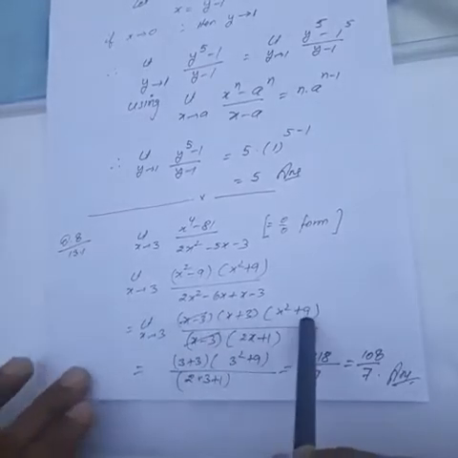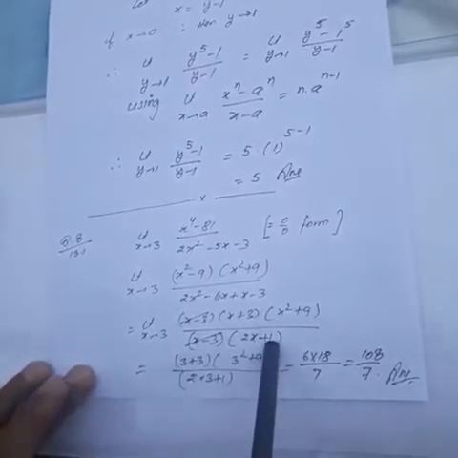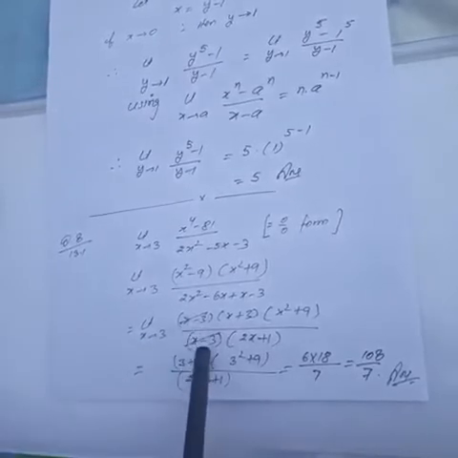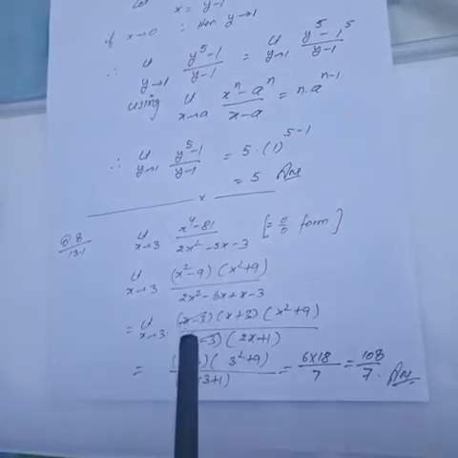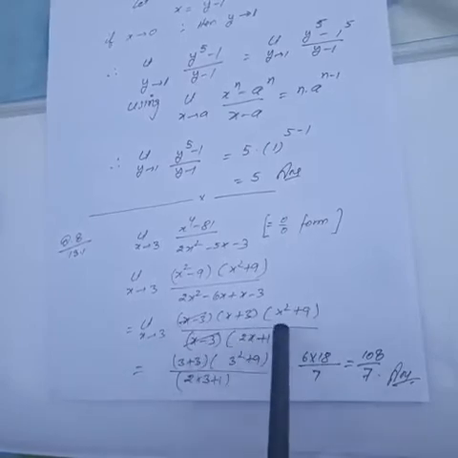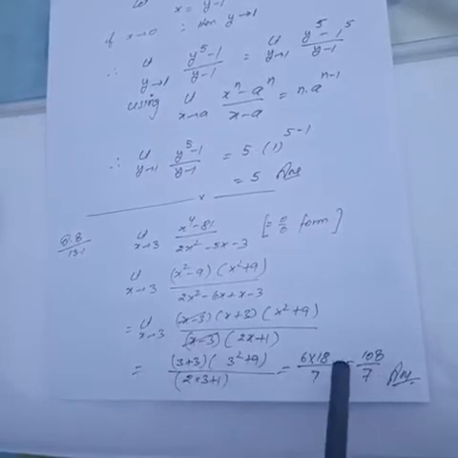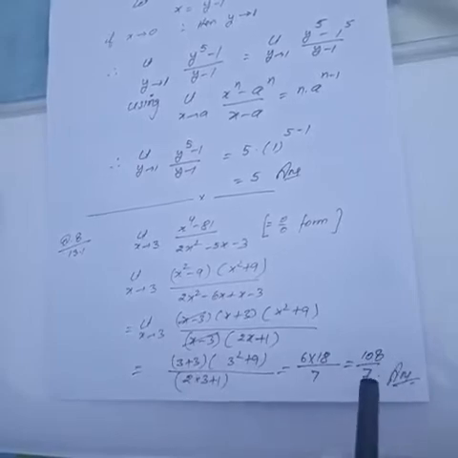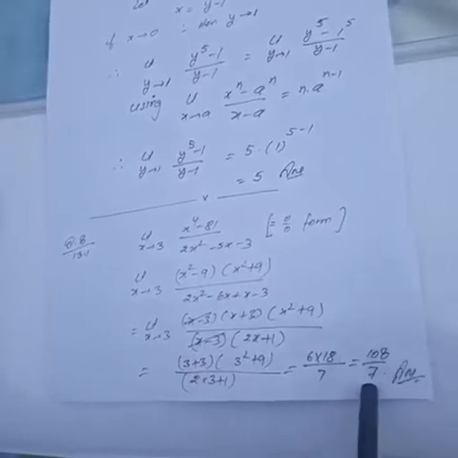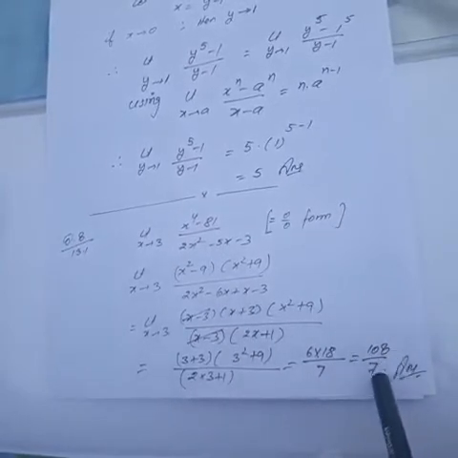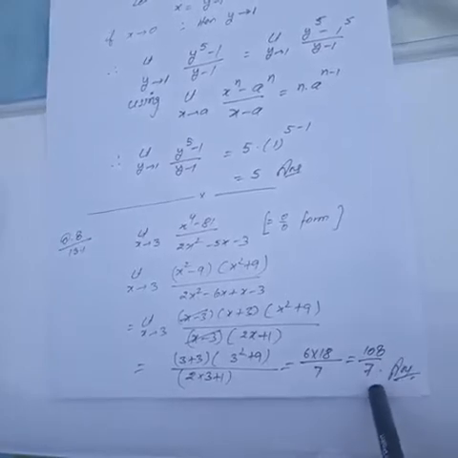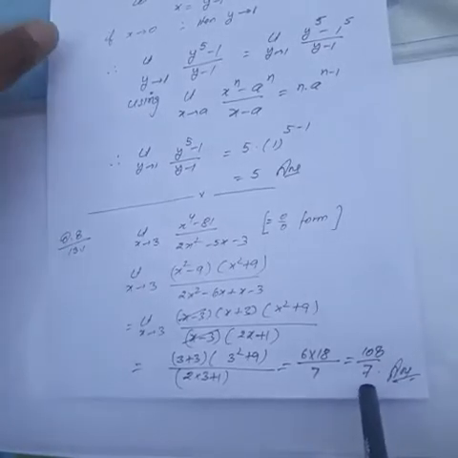So x minus 3, these are the factors of numerator. Similarly factors of denominator. Now cancel the common factor x minus 3, and now after cancellation you check whether still we are having indeterminate form or not. At x is equal to 3, this is 108 upon 7, this is not indeterminate form, so that's why this is the answer. So it means limit of this function is equal to 108 upon 7, and this is the answer for this question. I hope it is clear to all of you.